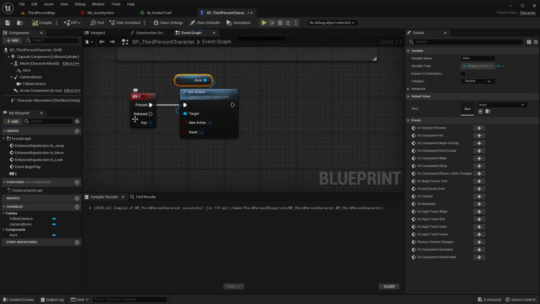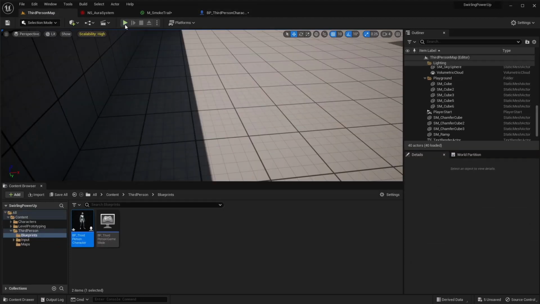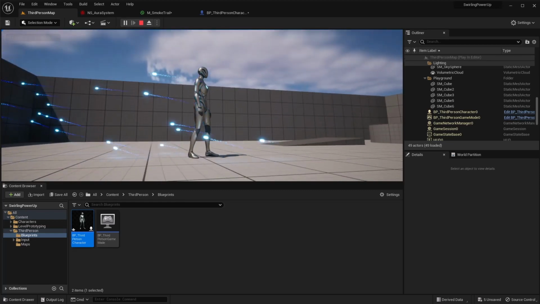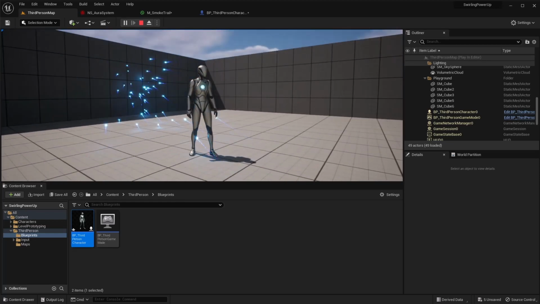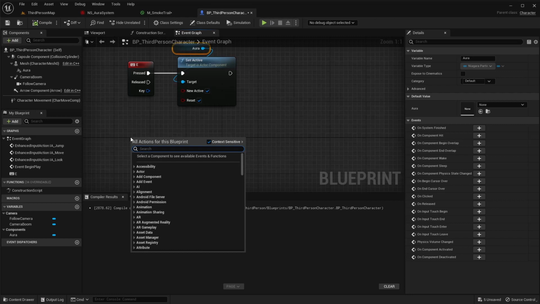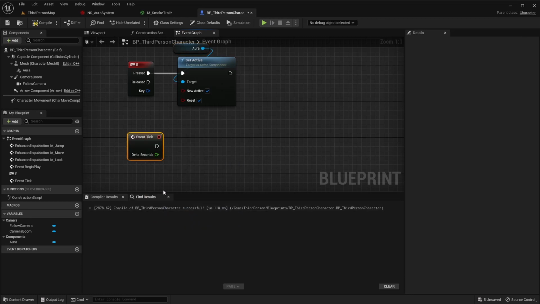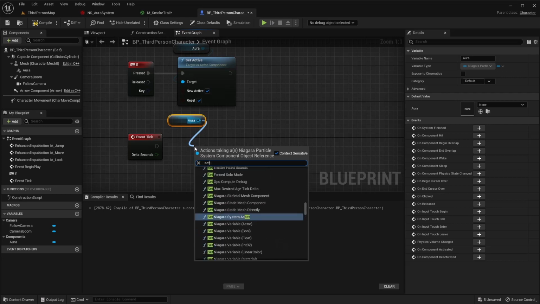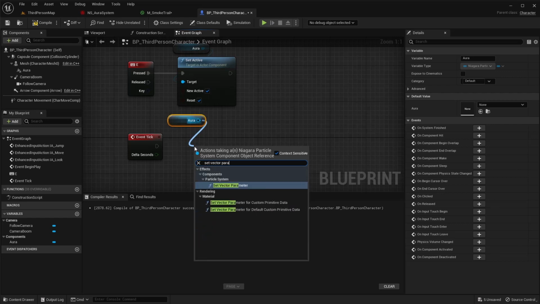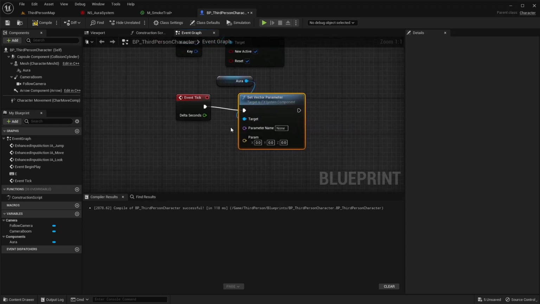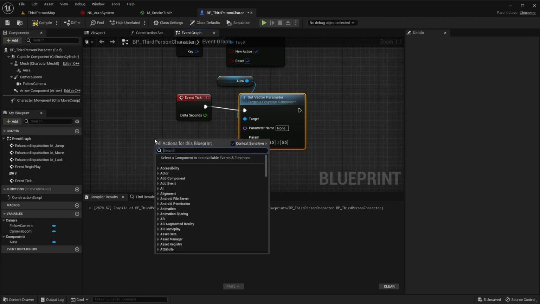If I play this now, it'll activate this, but you'll see that we still don't have our location set. So all of these are just kind of floating off to 0,0,0 in the world. So the next thing we have to do is an event tick, and we're going to have this update. We're going to say set vector parameter, and we're going to set this to our actor's location.